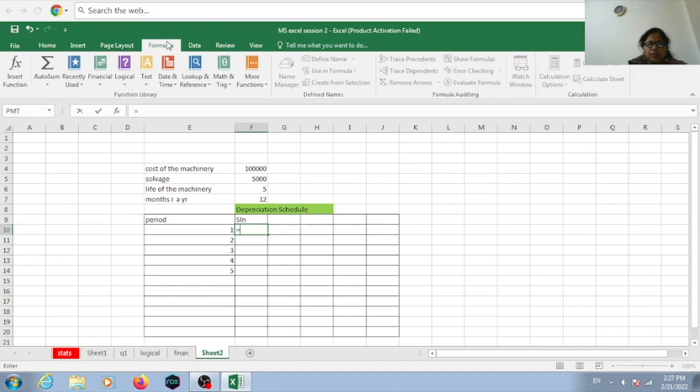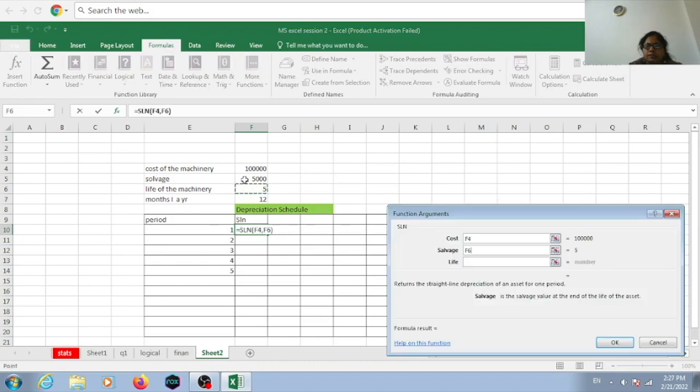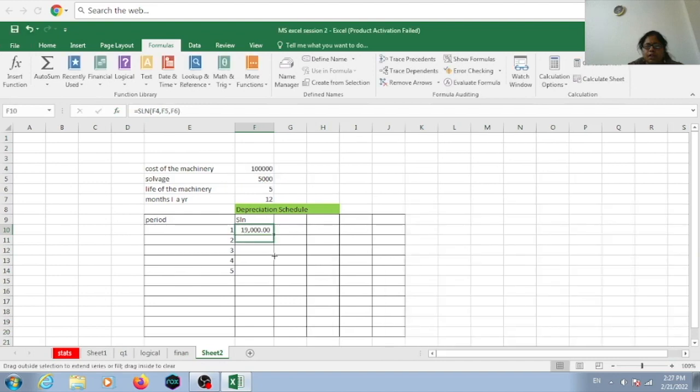So it will ask the cost of machinery is this, salvage value is this, that means scrap value, and life of the machinery is this. Okay, so 19,000 has been calculated. You can remove the dollar sign by using format cells. You can set it to none. Okay, so drag it. After 5 years you will find, just a minute,